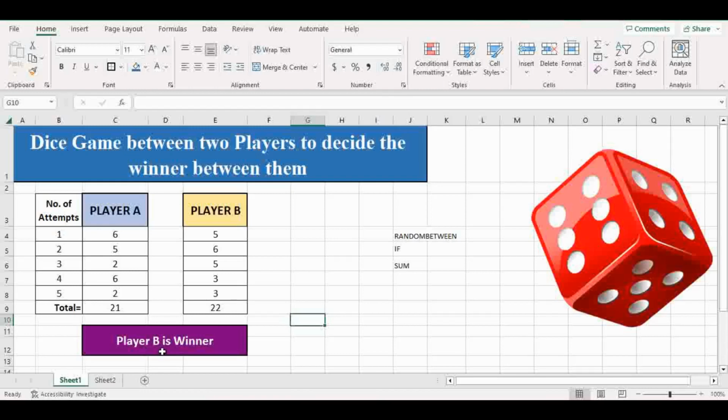So this is a simple simulation to create a dice game between two players to decide the winner between them by using Excel as a tool. I hope it is